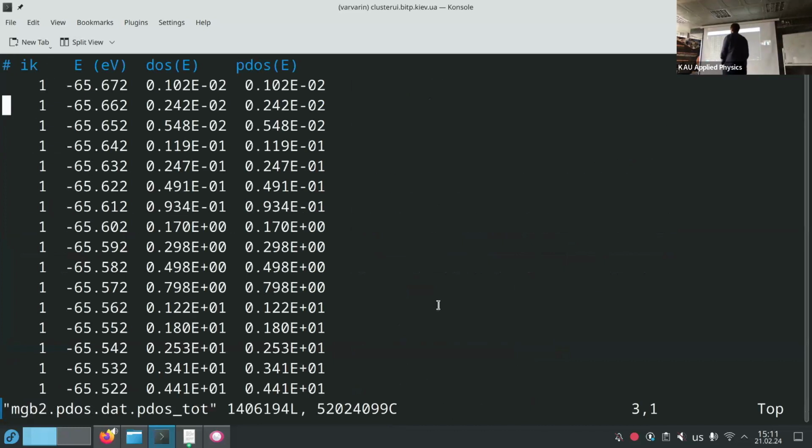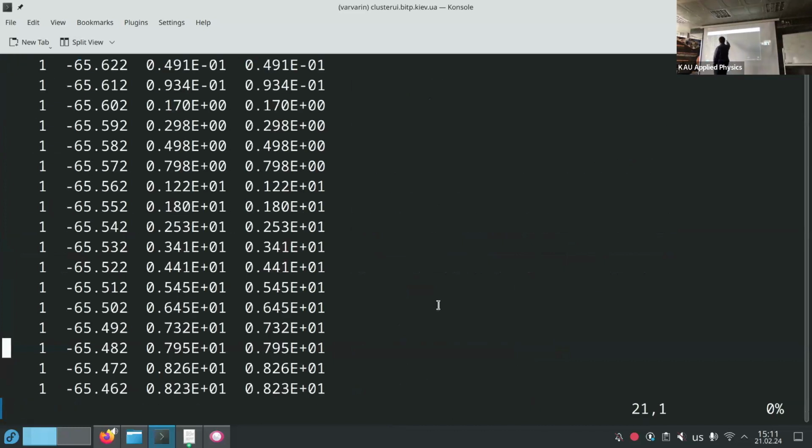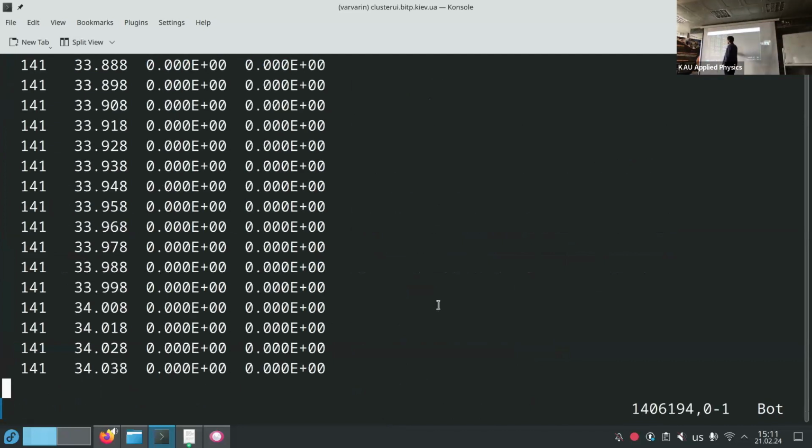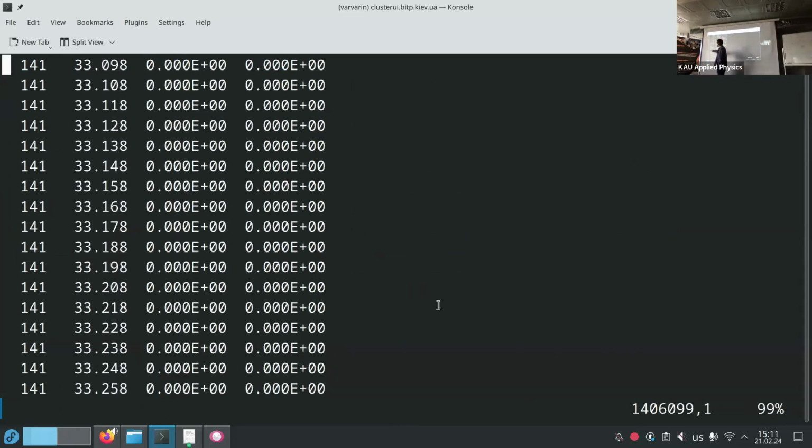And you see what we see here. You can go up. It doesn't even show how many lines it has, really huge. You see 1 million. You see 141 k-points. Yeah, we had exactly 141 k-points, and what this calculation does is it takes each of these 141 k-points and builds the path for each k-point.